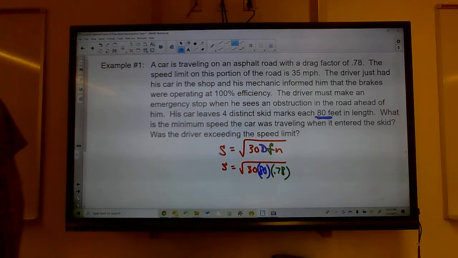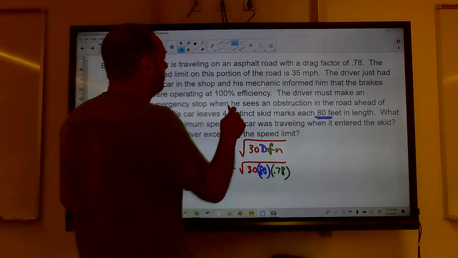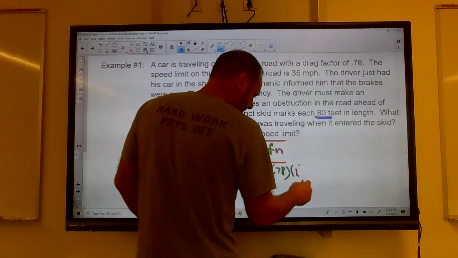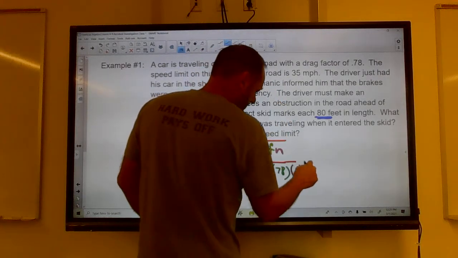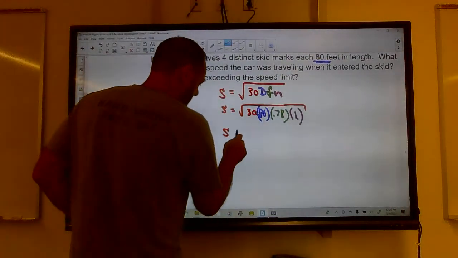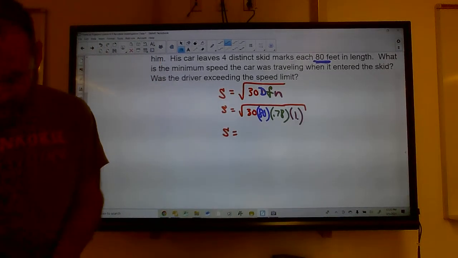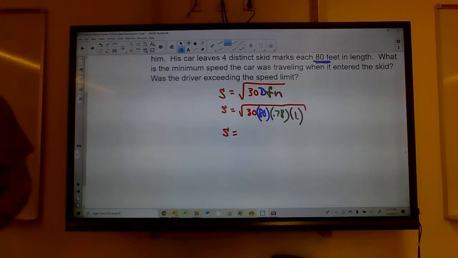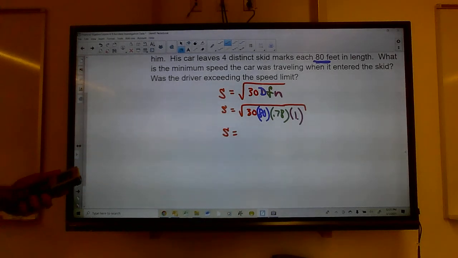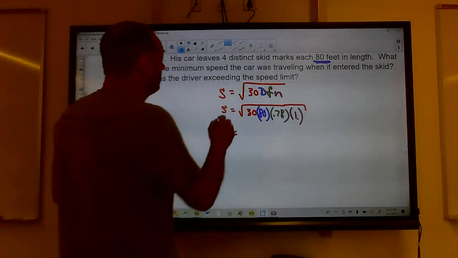N is the condition of his brakes. We're at 100% efficiency, so that's just going to be 1.00. Okay, that's going to be his efficiency there. So now we just figure out what S is. Okay, so we get out our calculator, and this is the speed, so the square root of 30 times 80 times 0.78 times 1 comes out to be